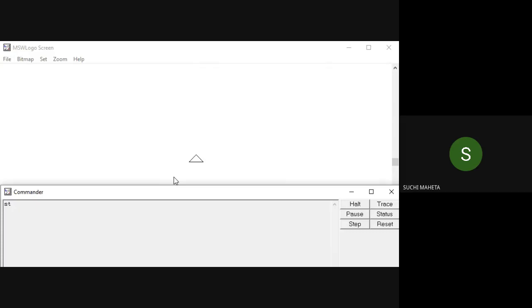The first one, question C number 1, is FD space 30, RT space 90, FD space 30, BK 30, FD 30, RT 90.